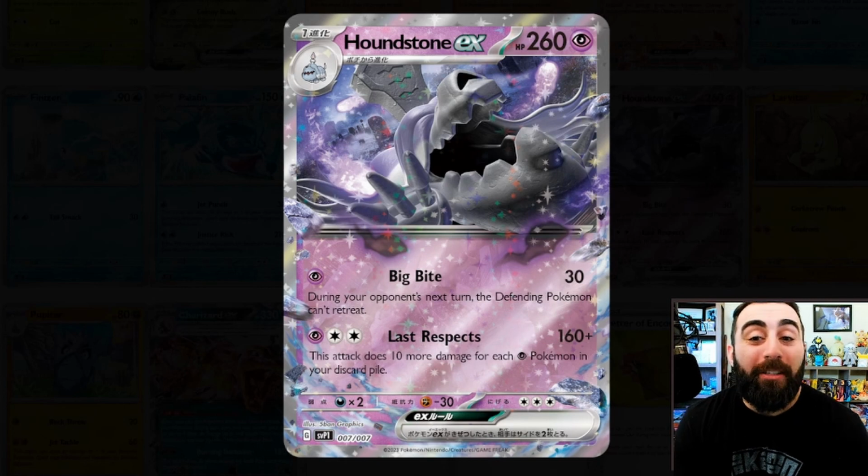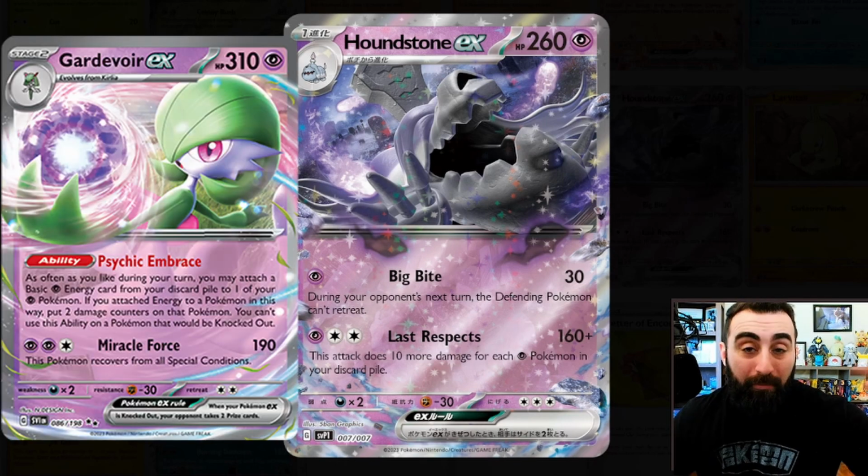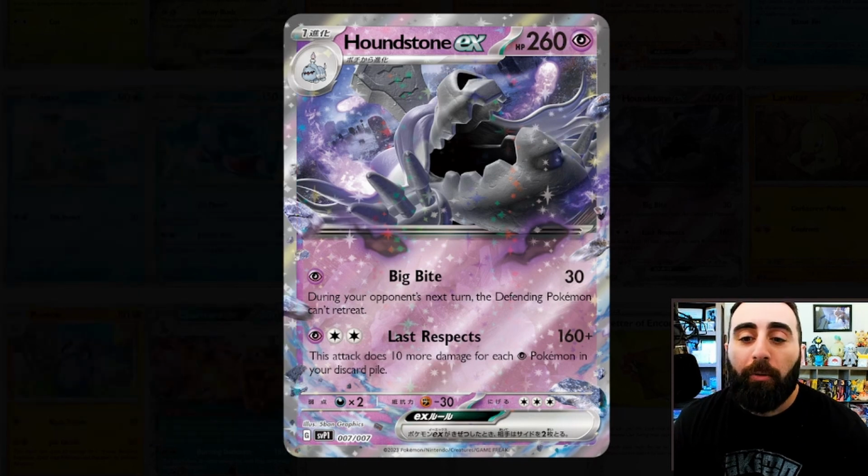There's not a ton of ways to power up Psychic Pokemon that I know of. So I guess Gardevoir you could. That's like the big one at the moment. But why would you go with something like Houndstone that does more damage for Pokemon in the discard than something